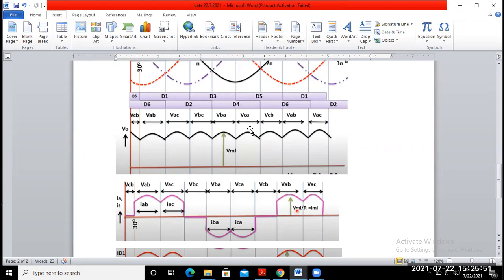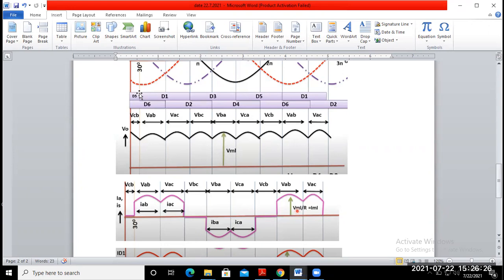So for phase A, along the y-axis we represent phase A, and along this axis is your omega t. Okay. So up to this point, that means up to 30 degree, is diode 1 conducting or not? Diode 1 is not conducting up to 30 degree, you find from the waveform. From which point does diode 1 start conduction?